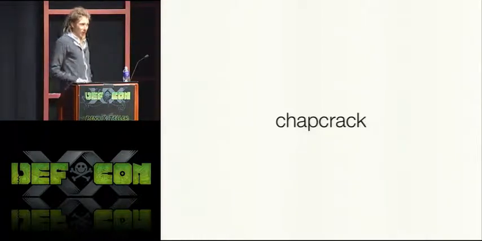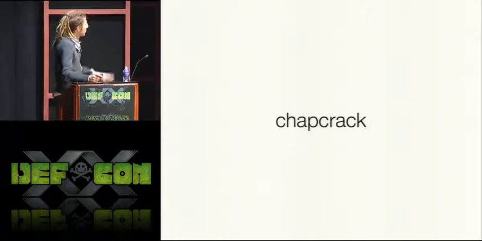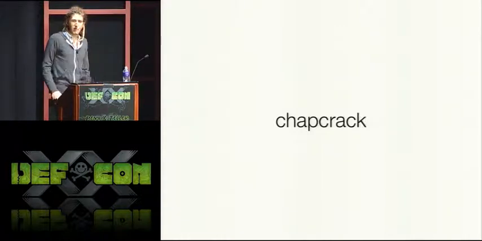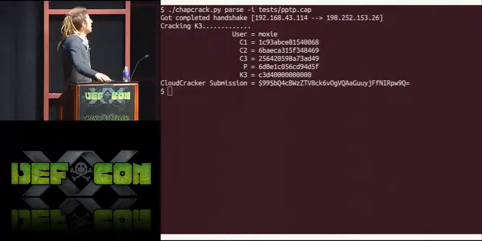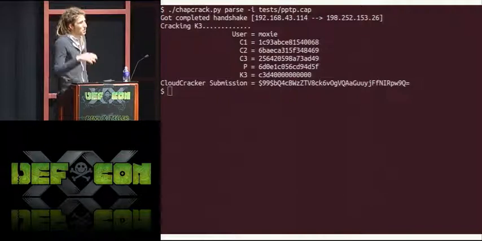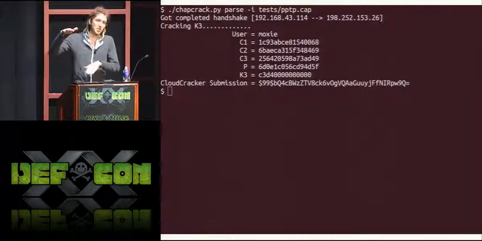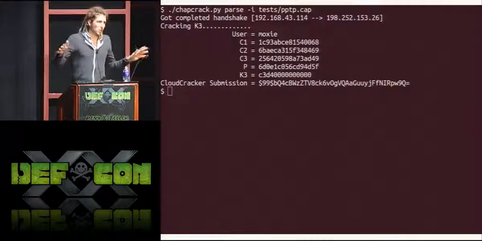And so we put something together where I wrote this tool called CHAPcrack, and it's a simple little tool that you can point at any packet capture, and it will parse the entire packet capture and pull out any MS-CHAPv2 handshakes that exist in the whole capture.